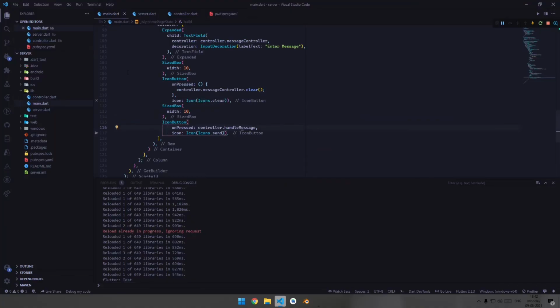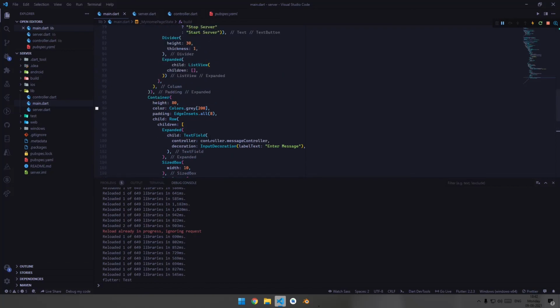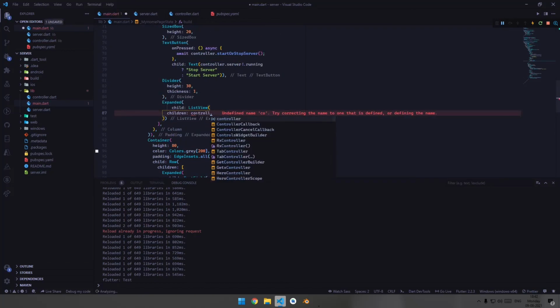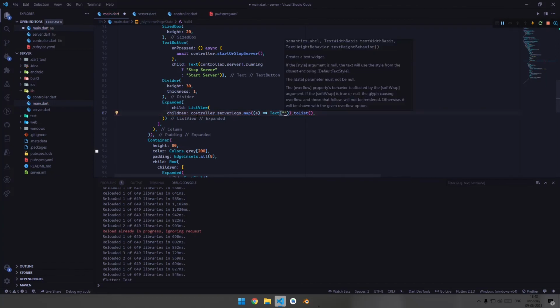You need to go to the main.dart, and inside this list view you simply need to write controller.serverLogs.map, and map it to a list. And inside this we will be passing the text widget.